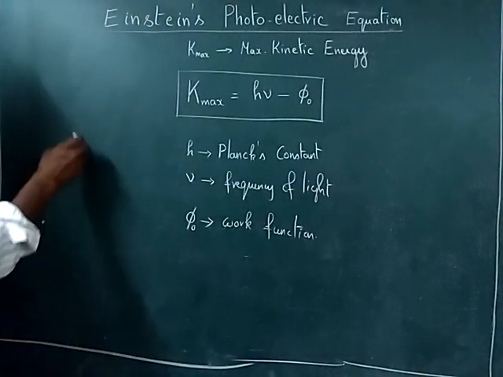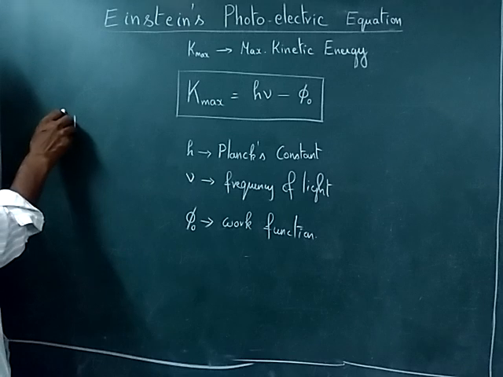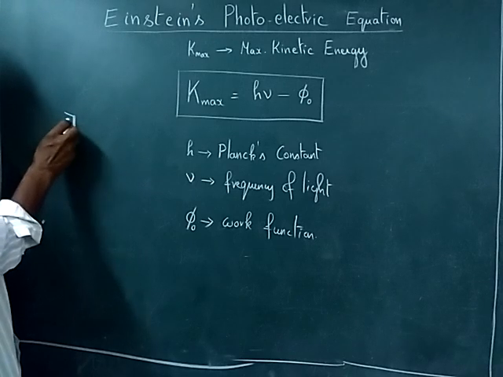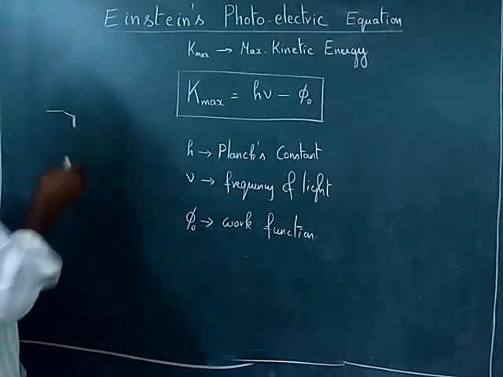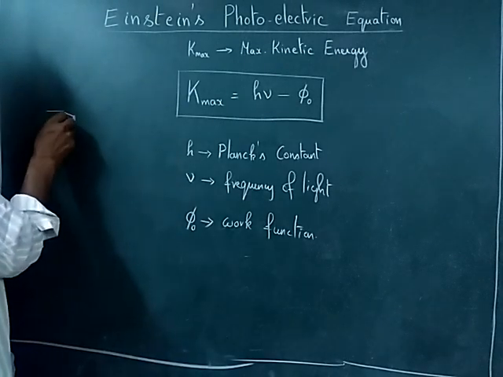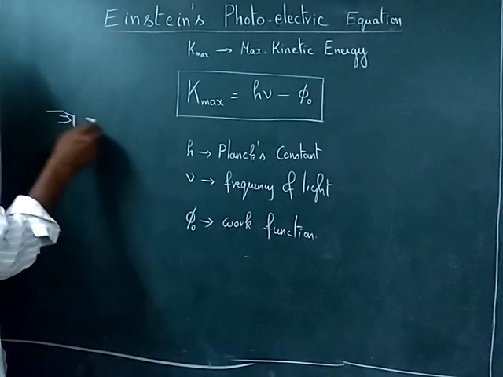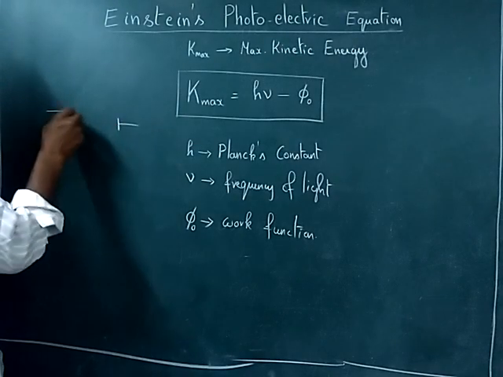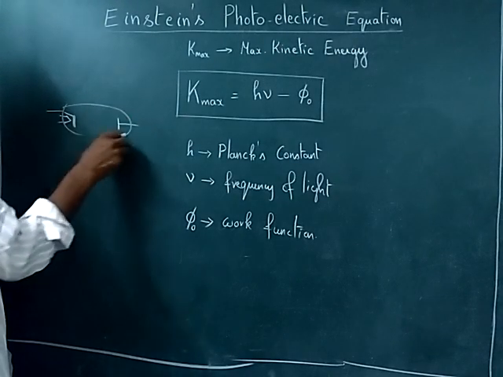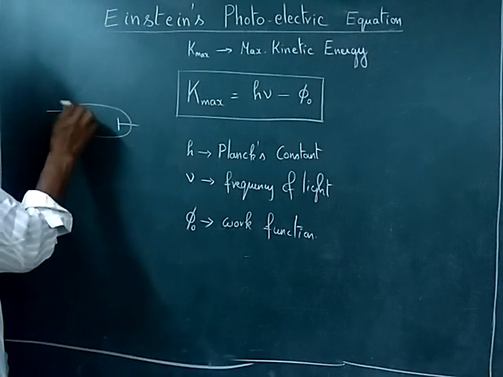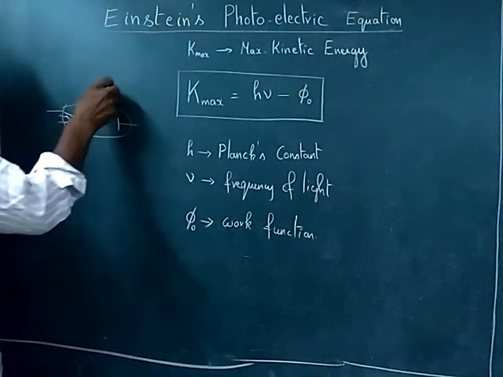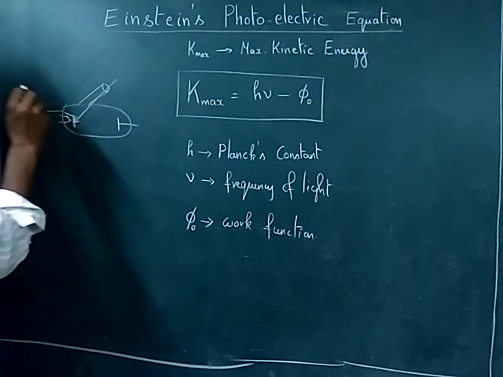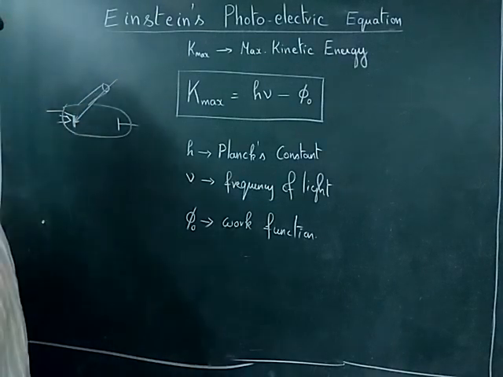So we already know that we have a cathode which is a photosensitive material. It can be directly or indirectly heated. So we can go for a filament which heats this cathode, and we have an anode, and the entire setup is in an evacuated glass bulb. There is a small window. So the light strikes this metal, photosensitive material.